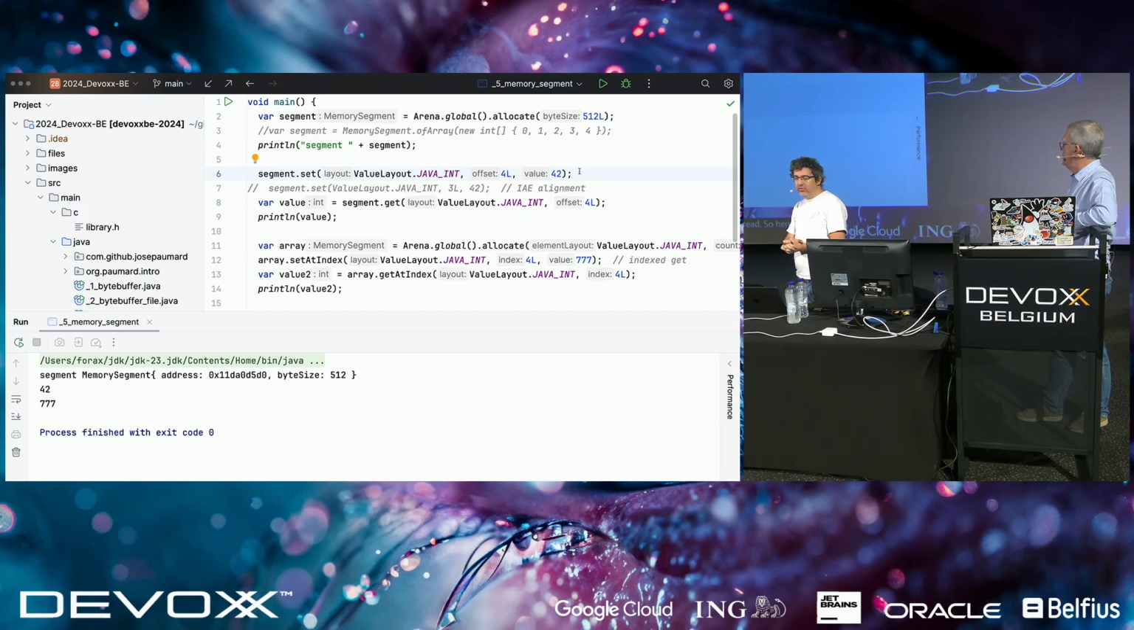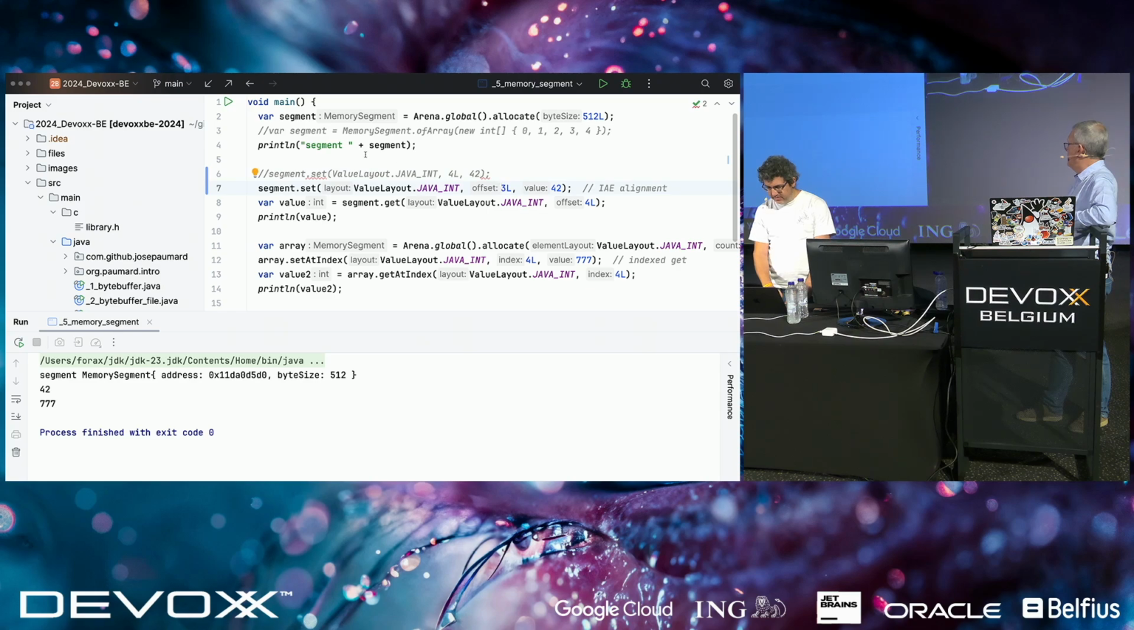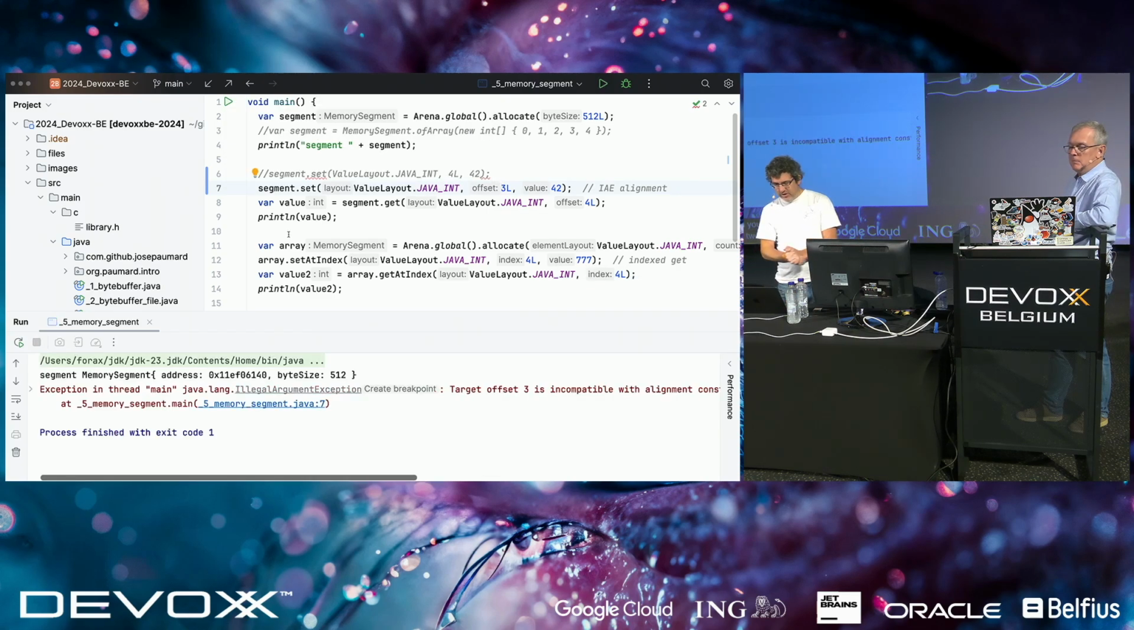We will see later that you can ask for reading a C int, for example. And so you have an offset, which is a long, not an int, and you have the value. Something which is kind of weird is that if you access an offset which is not a multiple of the size of the data you want to access, so here I'm trying to access 3 here, it will gently crash